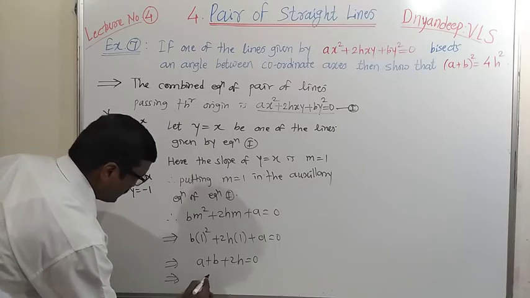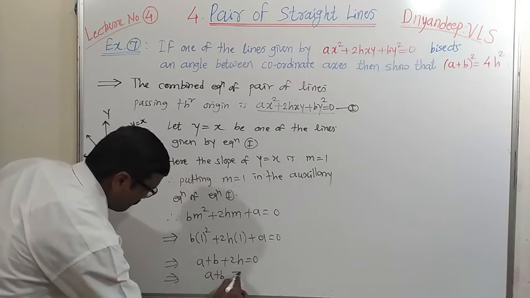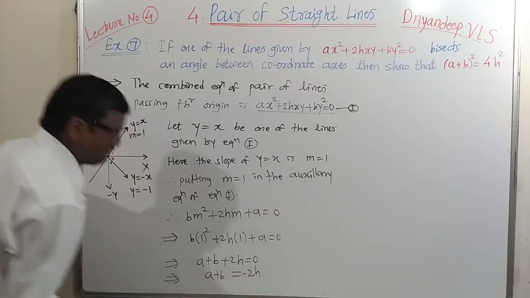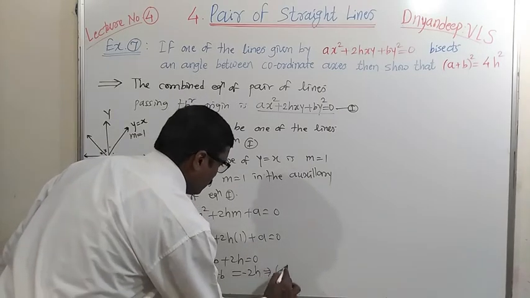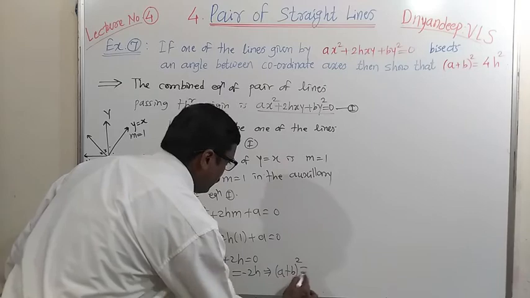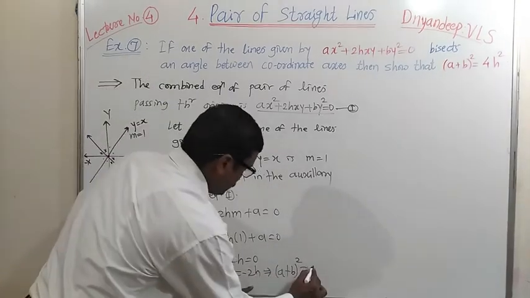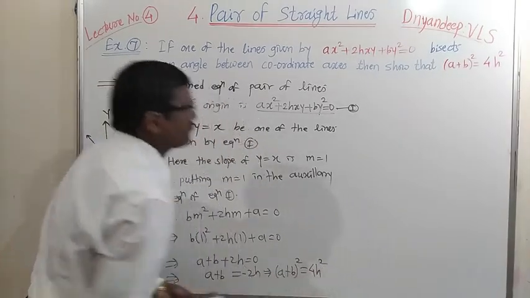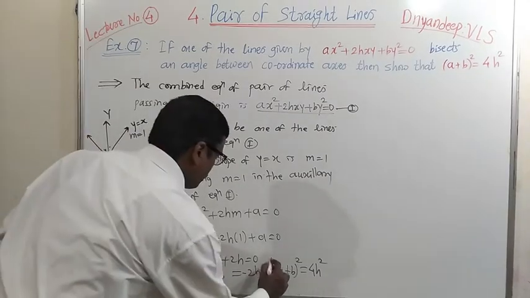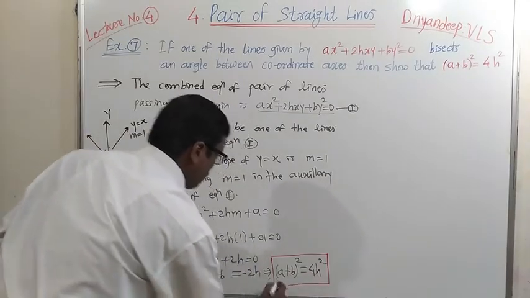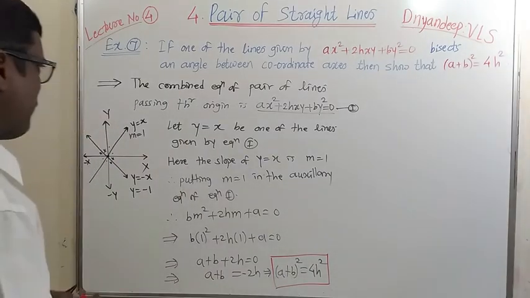Therefore, a plus b is equal to minus 2h, and squaring both sides we get (a plus b) bracket square equal to 4h square. That is the required result. (A plus b) bracket square equal to 4h square. Okay, this is